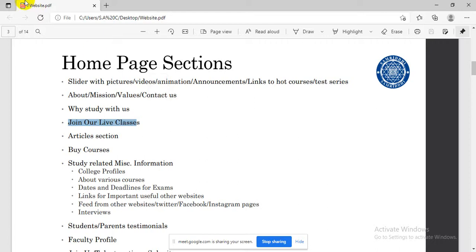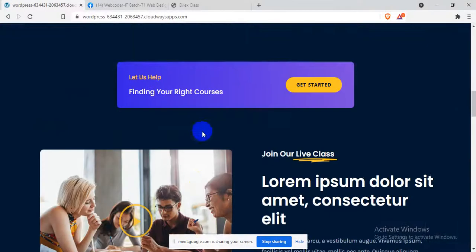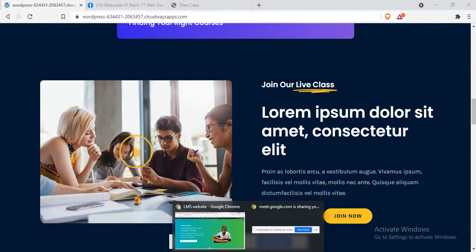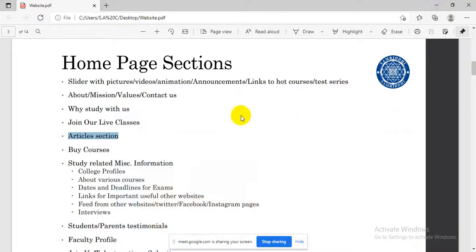Okay, fine. Then we can add an article section like here. We can keep this section like a live presentation. We can add it here, and this button also we can use here for navigating to the articles page. It will land on the article page, or also we can add a button for buy courses.